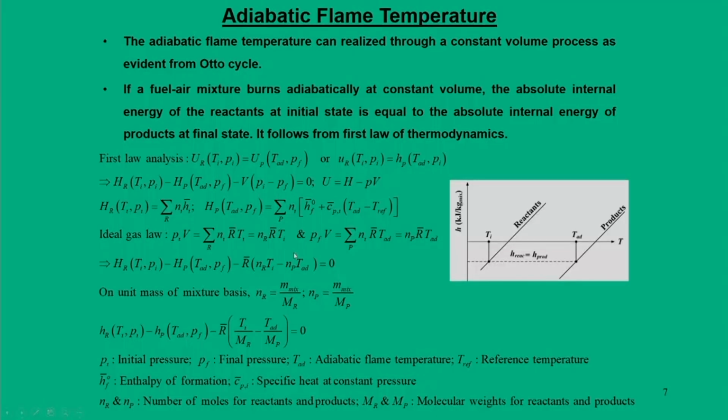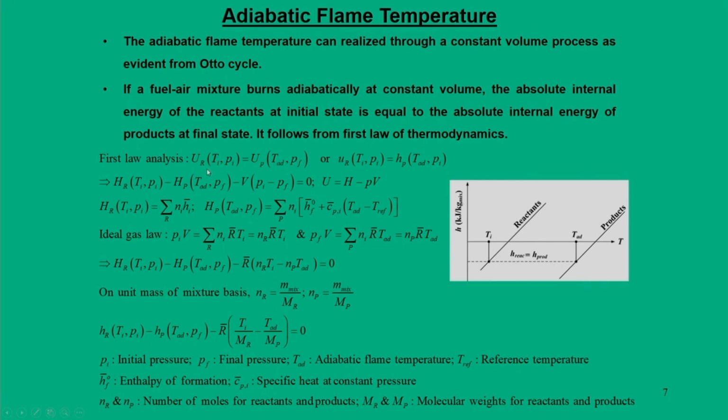Now we will move on to the constant volume process, and here the concept is the same, but pressure will not be the same, while volume remains the same. That means the reaction takes place at constant volume, we are not allowing any change, it is like a closed system. So, here the fuel air mixture burns adiabatically at constant volume. The absolute internal energy of the reactants at the initial state is equal to the absolute internal energy of the products at the final state. So, what really matters here is the internal energy balance you have to do for reactants and